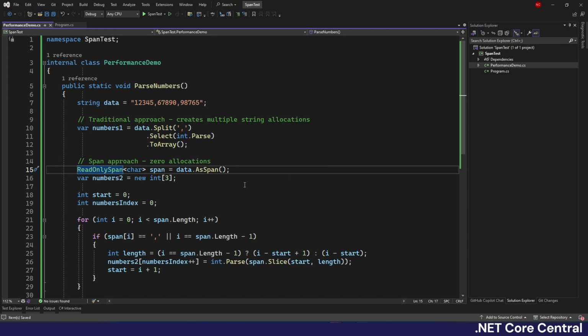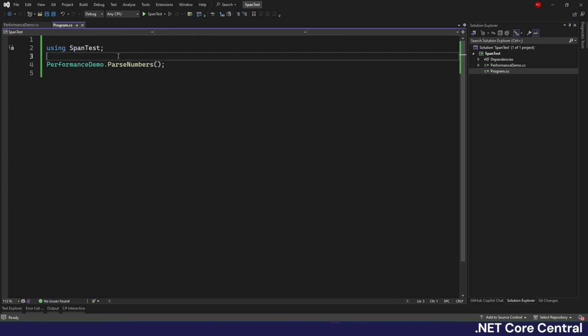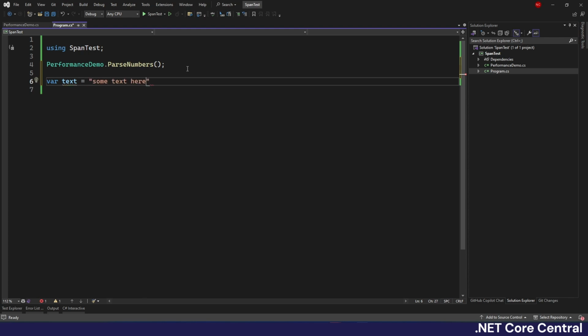Now, there is another example I wanted to show. This is more of a performance hack that we can do. For example, if we have text equal to some text here, and then you want to do something like contains. So the standard